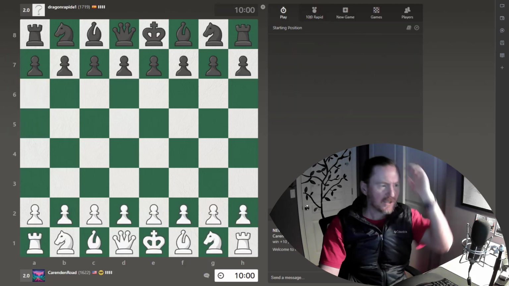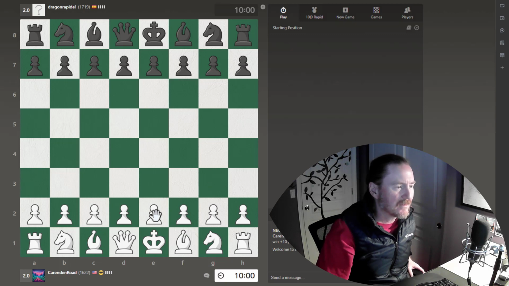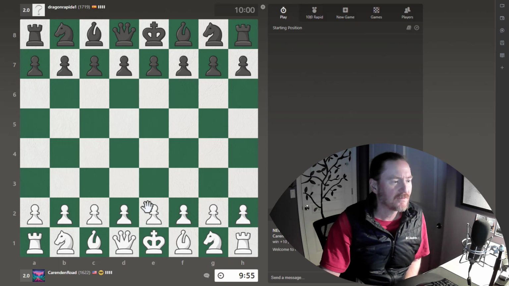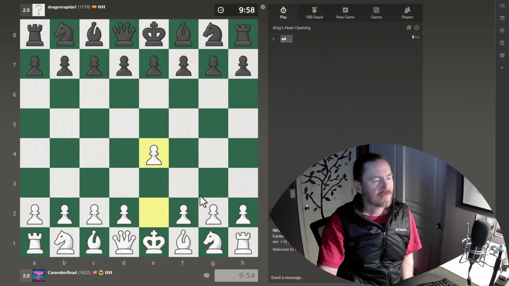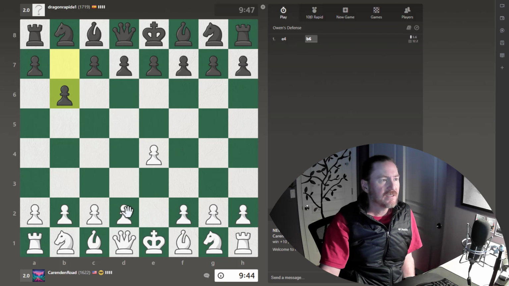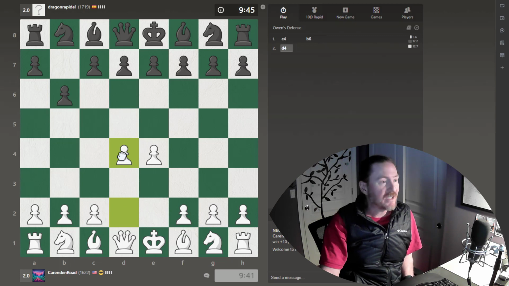All right. So I guess this is round 4. Dragon Rapide from Spain. Okay, tough opponent. 17-19. Owen's defense. I was just watching a chess video the other day, and the opponent did the Owen's defense. I didn't learn anything from it, so I can't say that watching that video is going to help me out, but